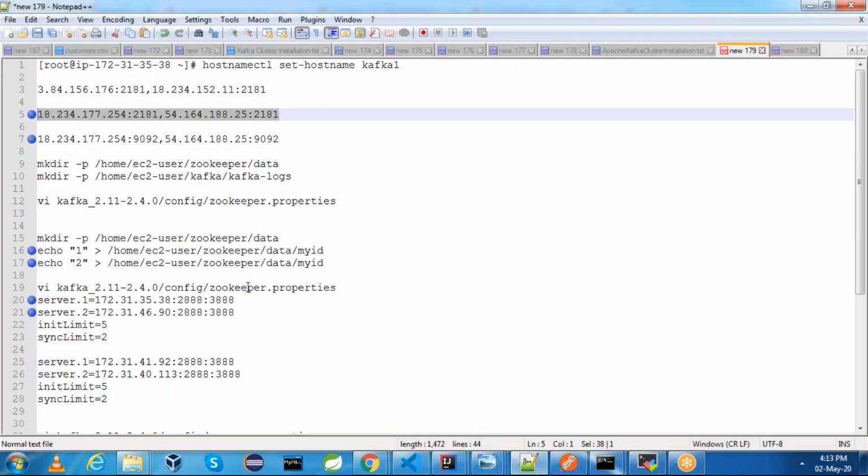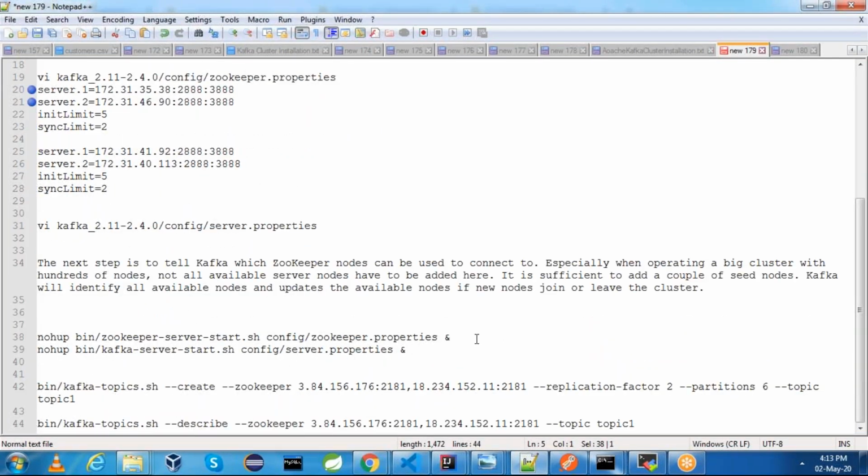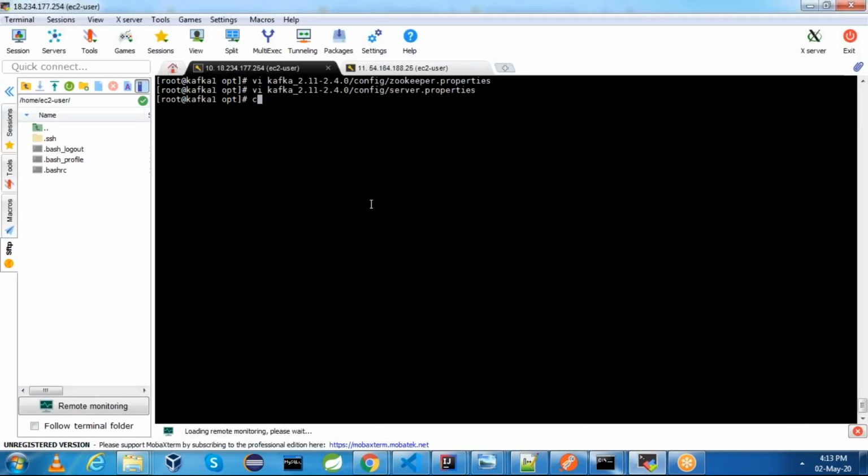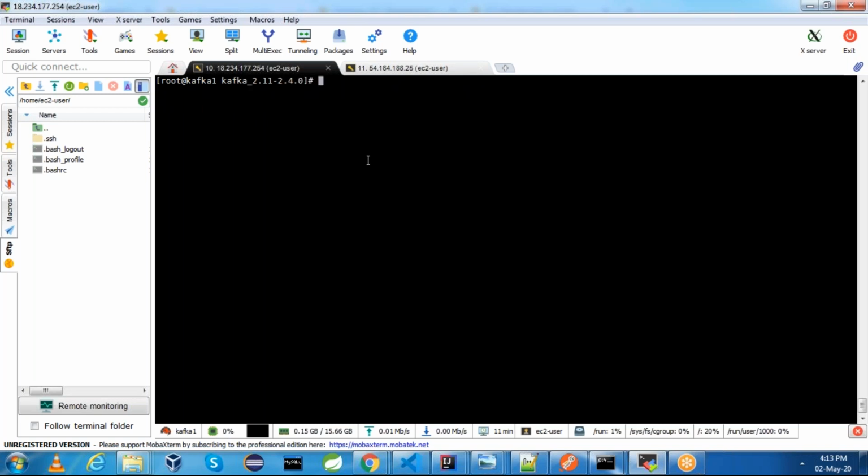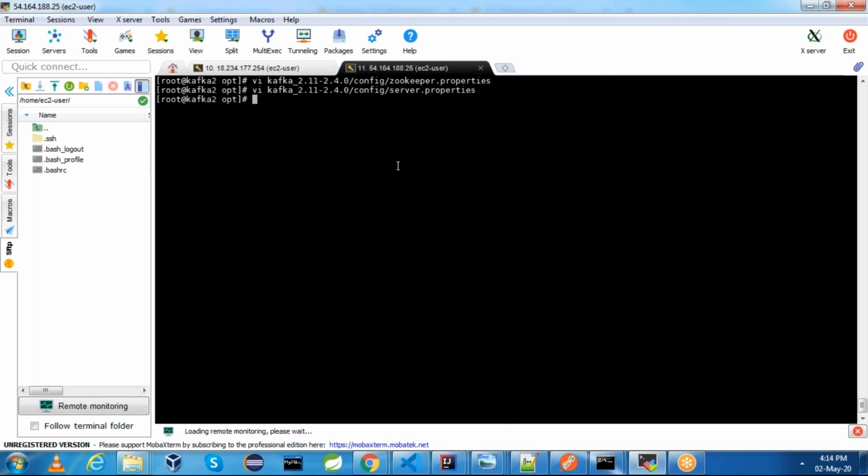Let us start the Zookeeper server and Kafka server. Go to the Kafka directory and execute the nohup command so that the server will start in the background. Same command here also.